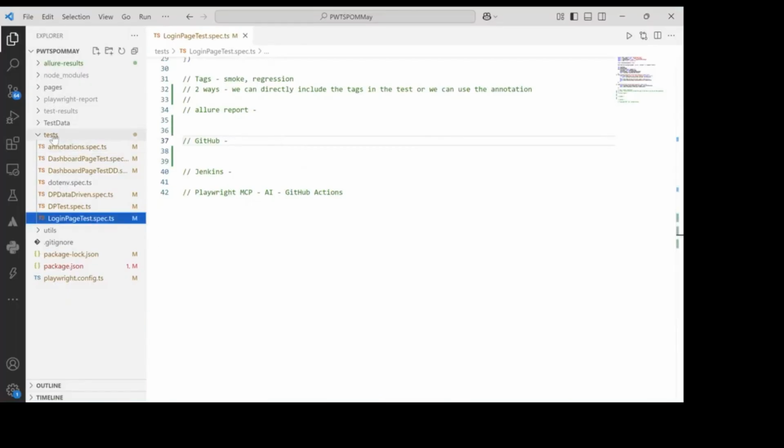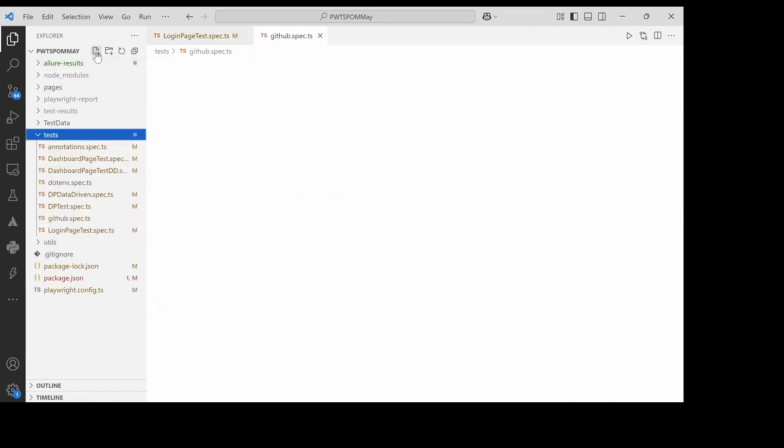Okay, so let's create one file, which I'll name github.spec.js. Now, what is GitHub generally? GitHub is a version control tool. GitHub is a version control tool. What is a version control tool? So version control tool means,